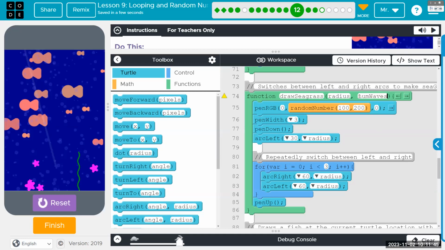which I'm fine with. And where are we going to use that? Well, we're going to use that as the number of times to loop. We want to loop through the left rights num waves number of times. So whatever number we send as the second parameter will be applied to the loop.